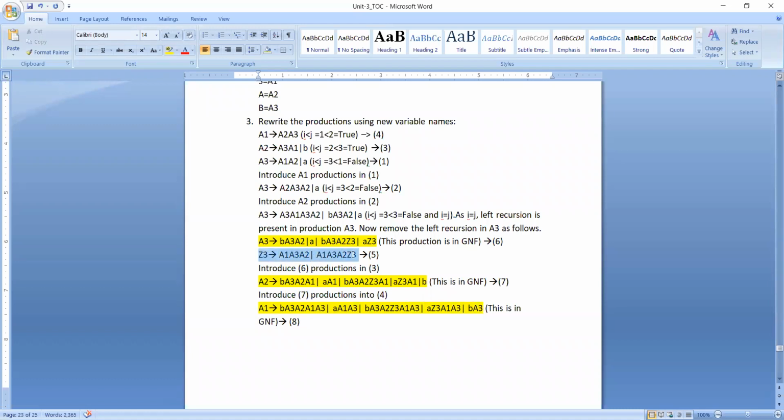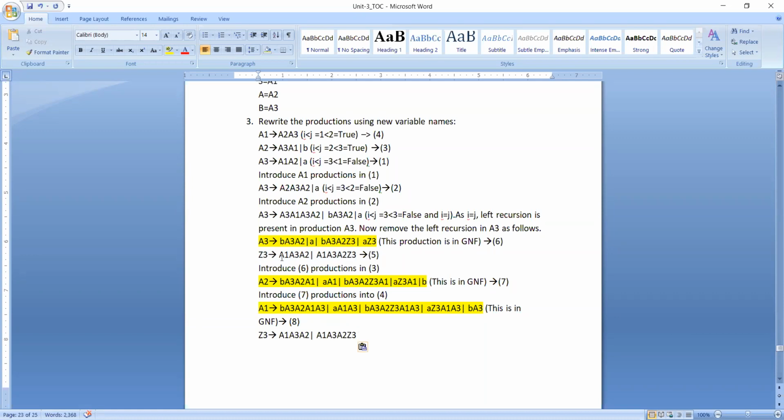We have Z3 productions. How did we get these Z3 productions? We got them because the A3 variable is involved in left recursion. Now what we have to do is convert the Z3 productions also into GNF.